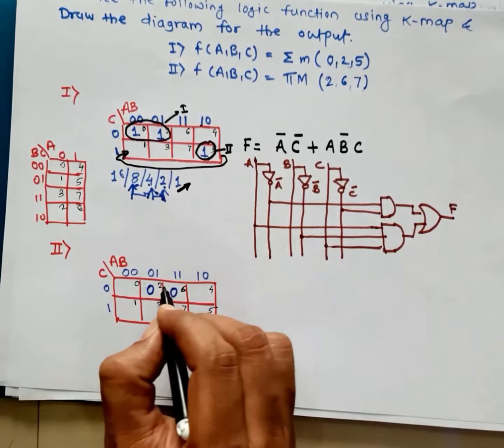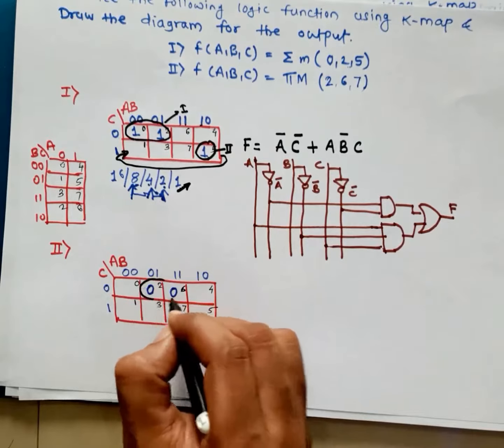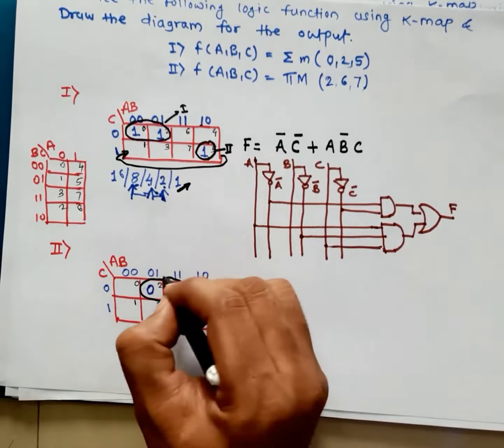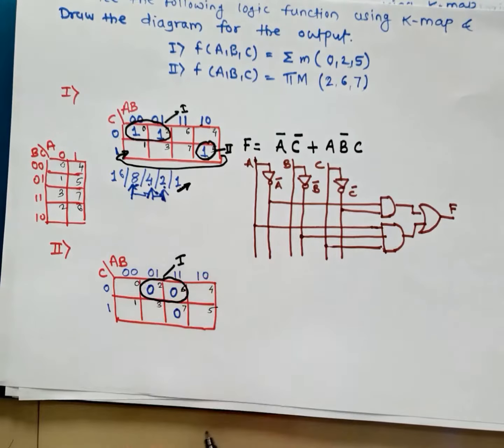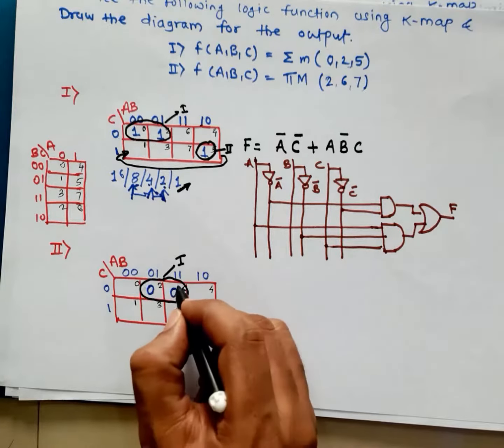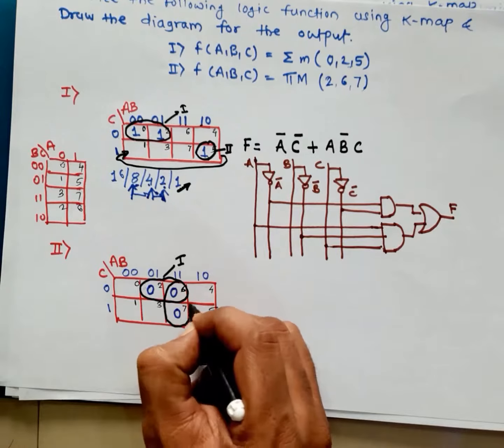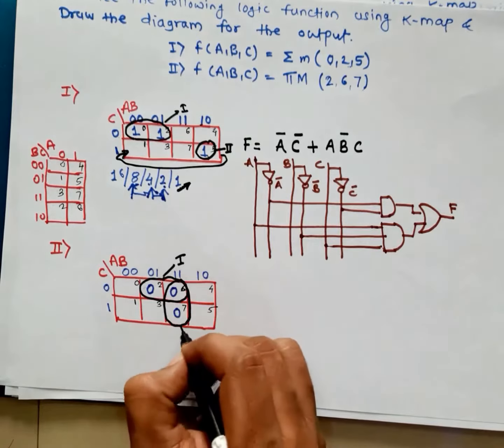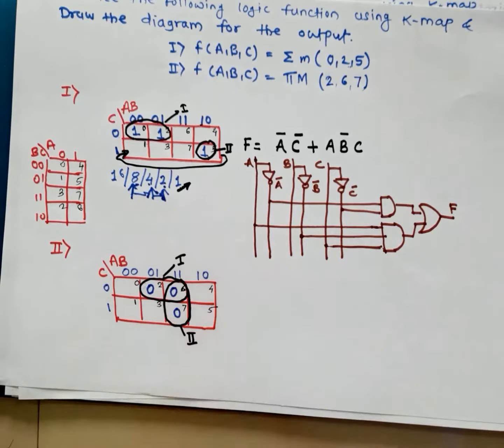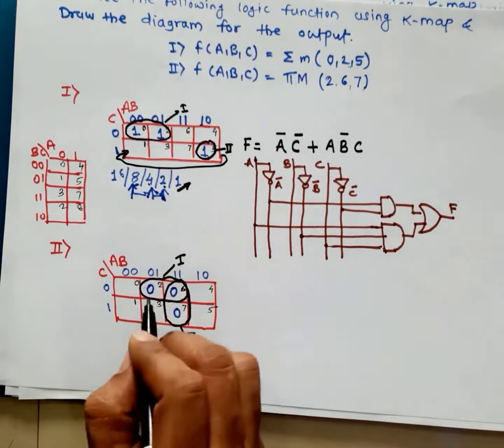From here you can easily identify these are 2 adjacent cells, and we can easily make a group of these 2 adjacent cells. Then cell number 7, the remaining cell having a 0 value. Is any adjacent cell of 7 having a 0 value? We can easily say that cell 6 is adjacent to 7 and has a 0 value. So we can make a group of 2 cells with 6 and 7. Now this is a 0 because what?